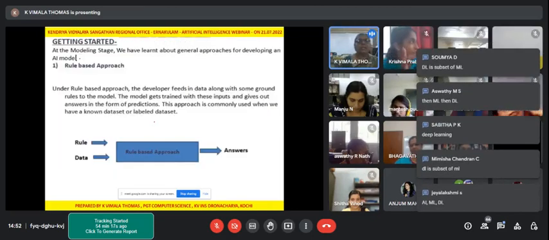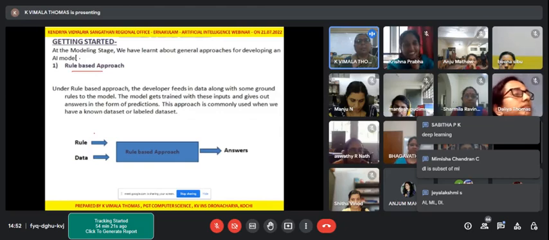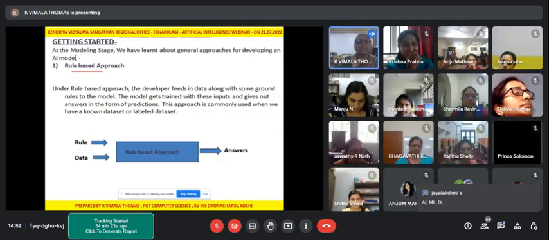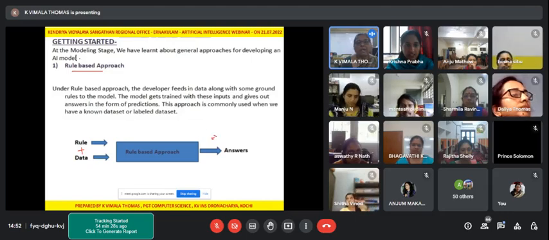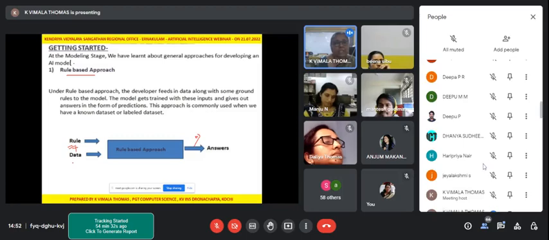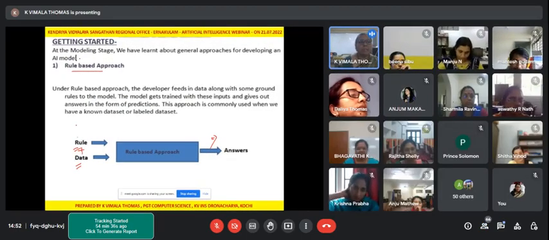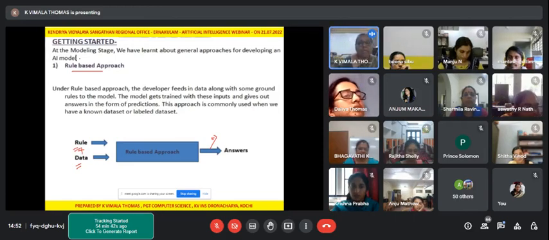Now let us go. Two more terms that you need to be familiar with: the rule-based approach. In the rule-based approach, rule plus data will give you the answer. You will have certain rules for the machine, and you will also provide the machine with the data. For example, mango is yellow when it is ripened and green when it is not ripened.